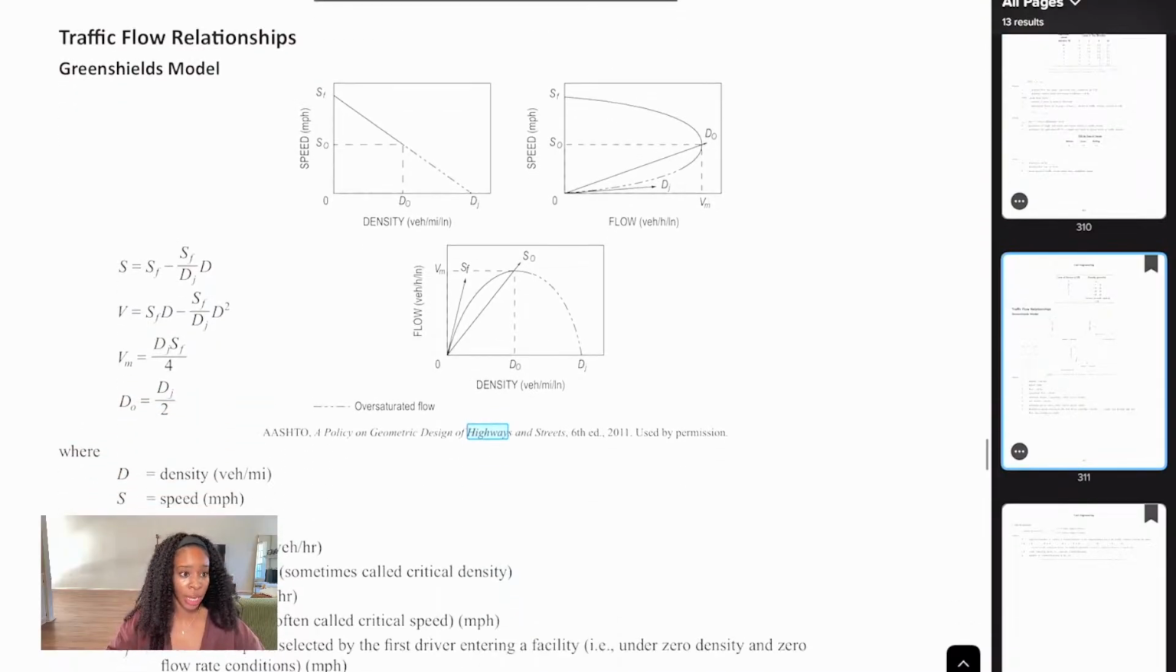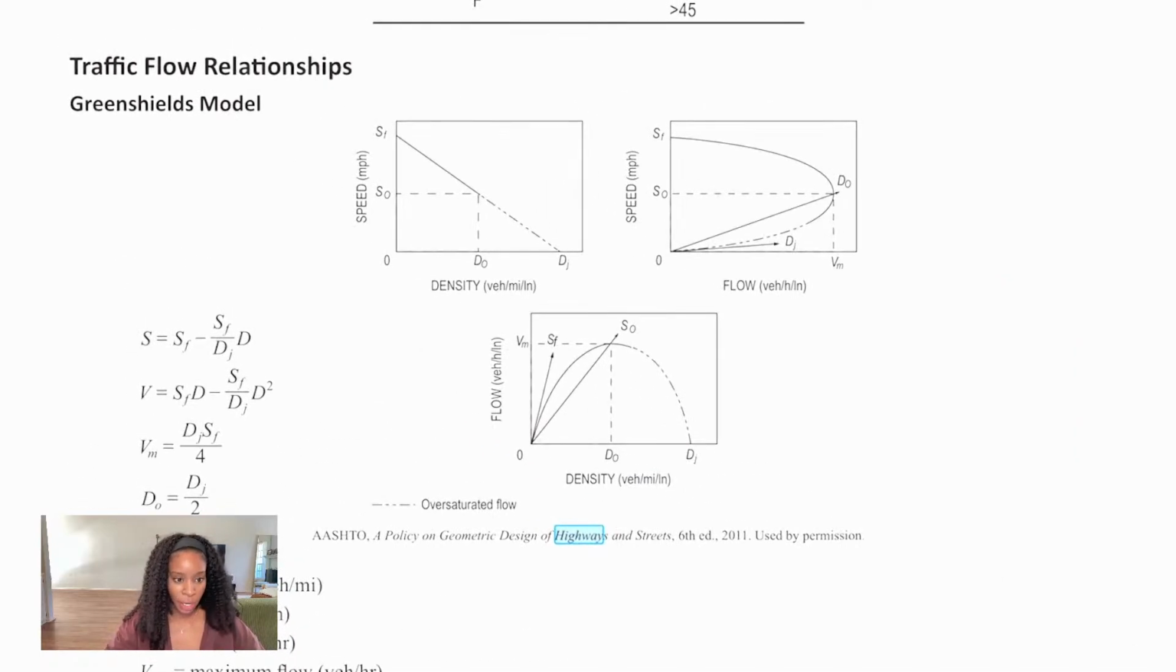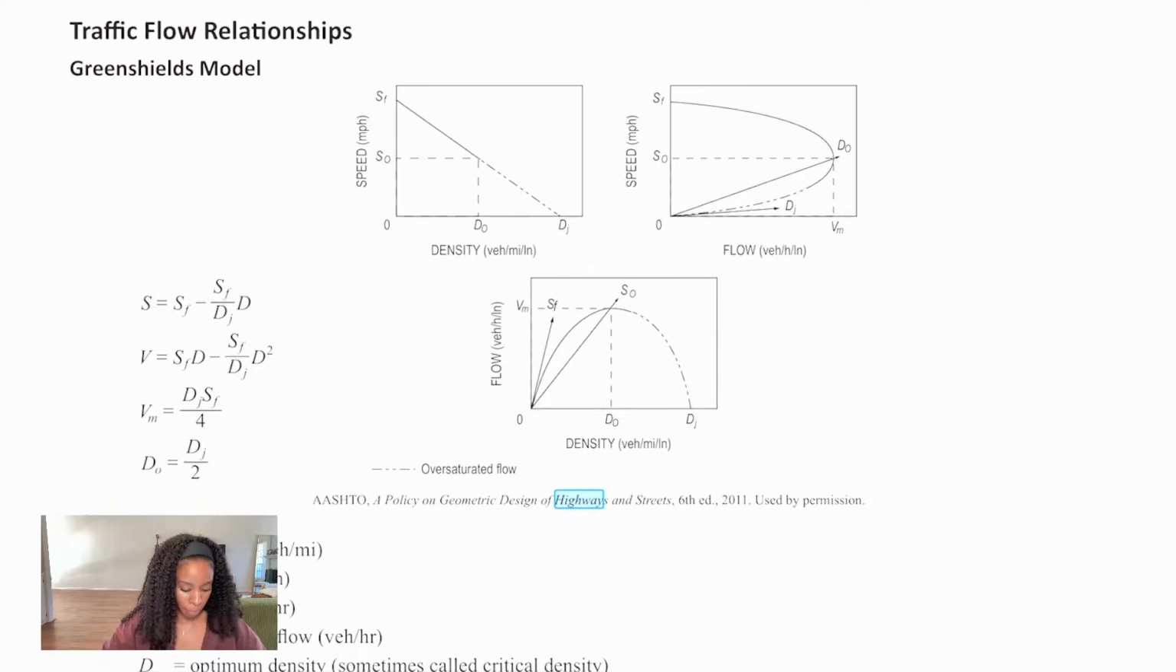Okay, so now I'm in the traffic flow relations section of the FE reference manual. If you're joining on YouTube, I hope you can see this. So yeah, using the Greenshields model, we are going to solve for the maximum flow that we can have on this highway